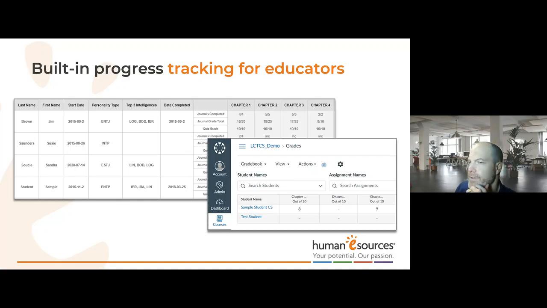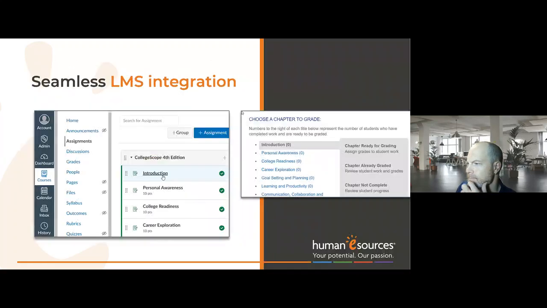This is just an integration with the grading system, as I mentioned. All the journals would have a grade that would be manually scored in addition to the auto-scored quizzes, and that's all integrated with the Learning Management System's grade system. Like I said here, the grade book that Canvas uses, but it also integrates with Moodle, D2L, Brightspace, and Blackboard. This is what it looks like when it's integrated in an LMS, into Canvas particularly.